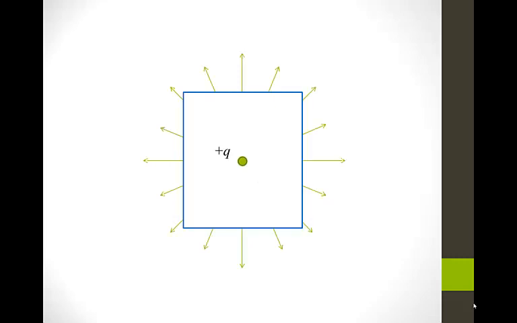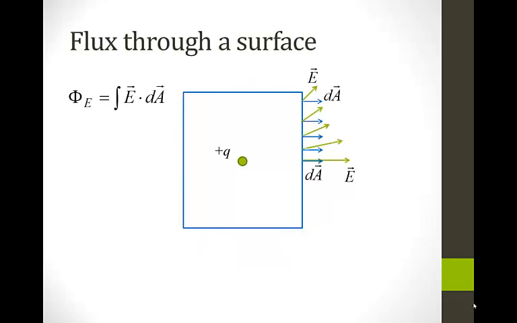So let's say we have a positive charge and we have a closed surface, and we need to know the total flux through the closed surface. So for that we need the area vectors, as we said before. In order to calculate the flux through the surface, we need to have the area vectors. In the case of this surface that is perpendicular to the screen, the area vectors are to the right, and